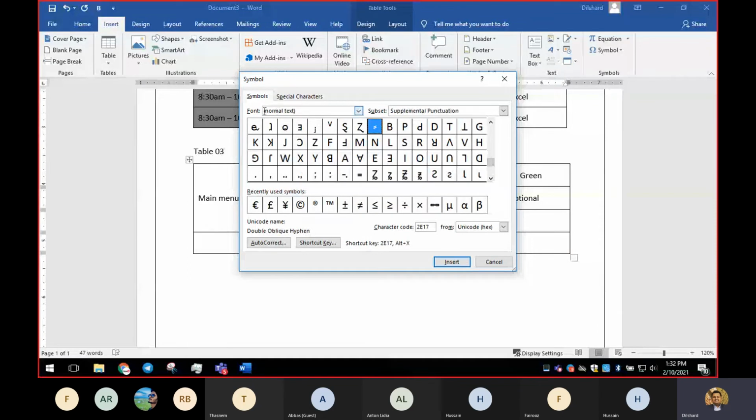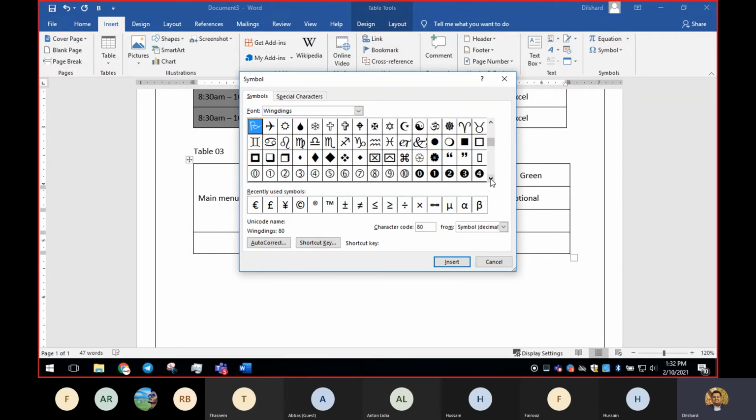I'm going to change this font. Scroll all the way to the last and you will find something called Wingdings, Wingdings 2, Wingdings 3. These are the three styles that I usually use, because from these three you can find many symbols that we use in day-to-day life, right? So I'm going to select Wingdings.